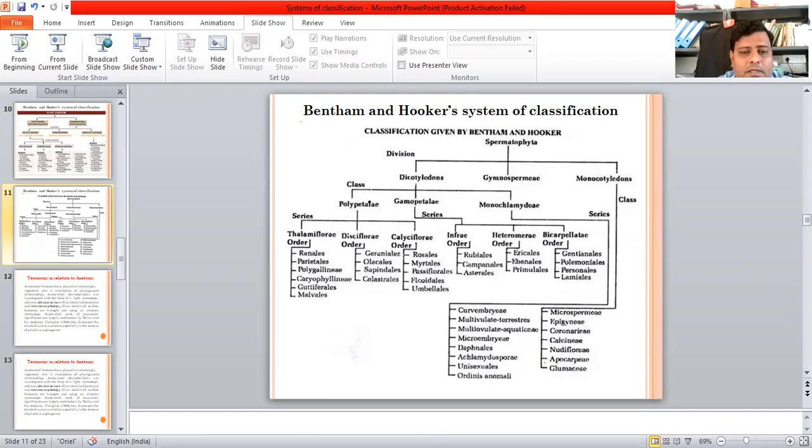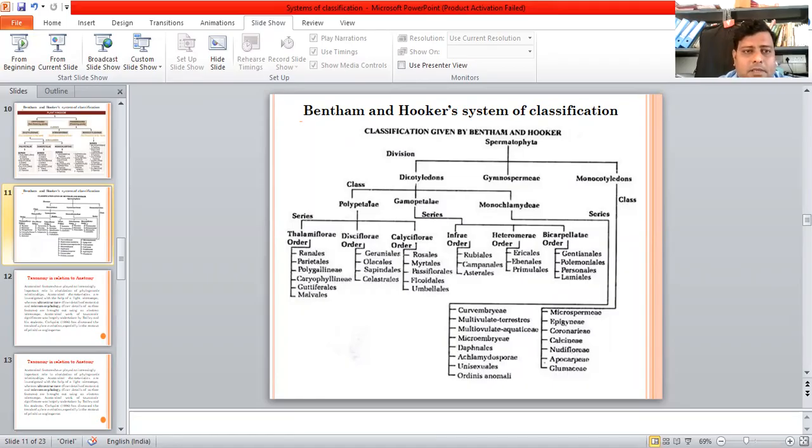Achlamydosporeae: ovary inferior, 1 to 3 ovules are there, unilocular, flowers are unisexual. Perianth usually absent. Ordines anomali, that is anomalous families: plants with uncertain systematic position, but close to Unisexuales. These were given in this series. Further, like gymnosperms, 3 families of natural order, Gnetaceae, Coniferae, and